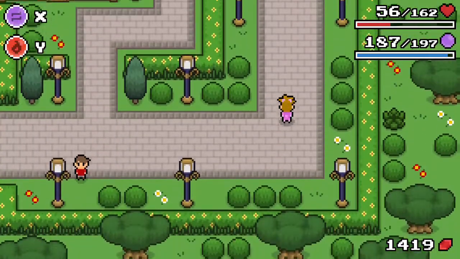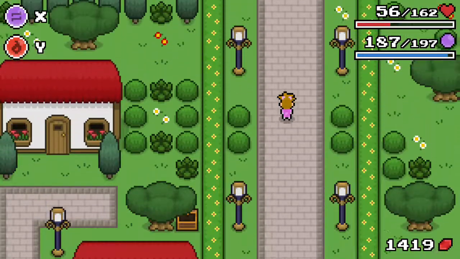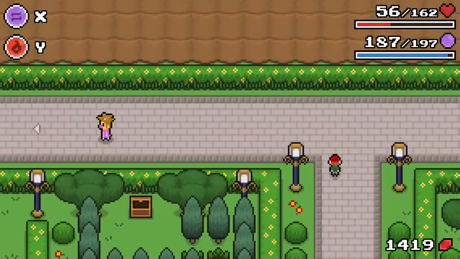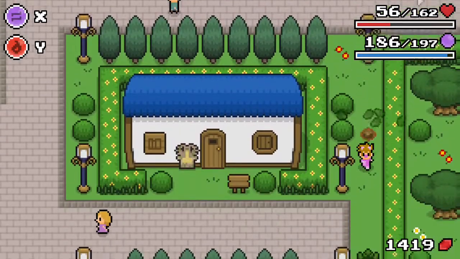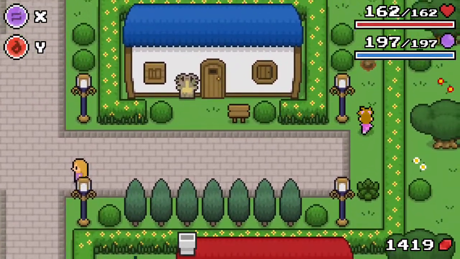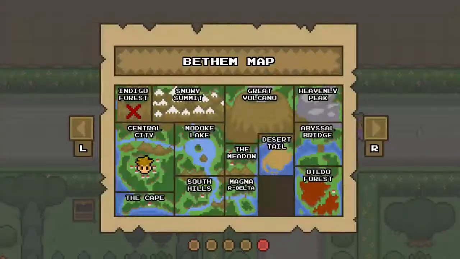This is no longer Madoke Lake, so it wouldn't be here. And I know that I have all the chests in the town. I'll refill my health and go back that way. I was going to go that way anyway for truffles, so I'll go back to truffle hunting. I mean, where could...